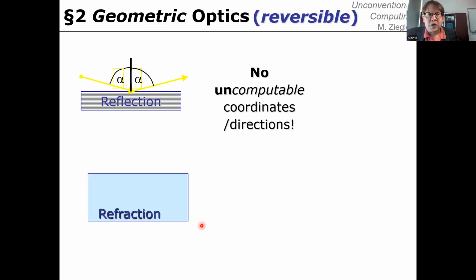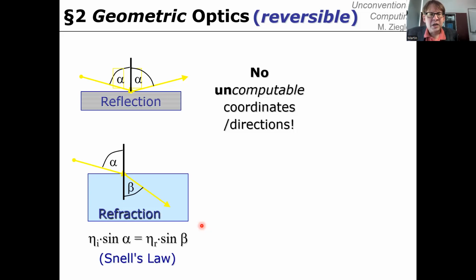We also talked about refraction. That means some transparent physical object, such as maybe some water or a block of glass. And here, when a light ray enters, it does not get reflected, but it enters the transparent material. However, it proceeds inside this material at a different angle, and the angle is determined by Snell's law according to the